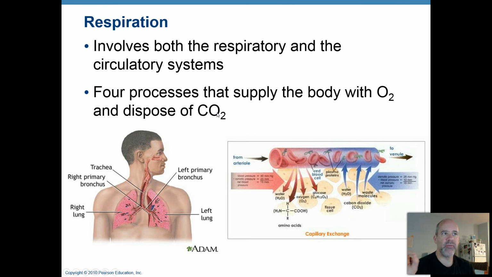There are actually 4 different processes involved with respiration, and again the idea is you've got to take oxygen gas, O2, in from the air and move that oxygen gas into the bloodstream so that your blood can bring oxygen gas to your tissues. Almost all tissues in your body need oxygen gas, and so I'm going to keep emphasizing that here